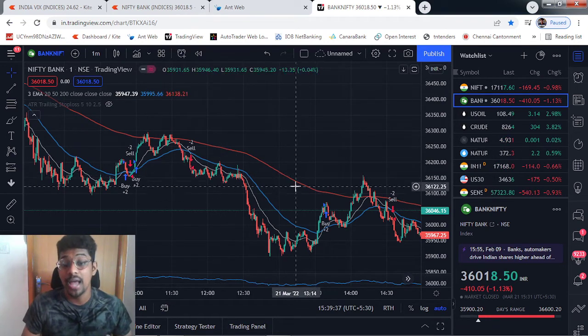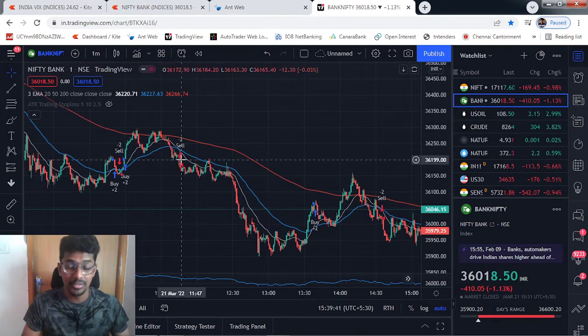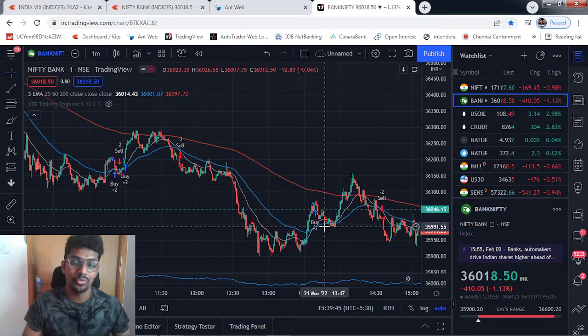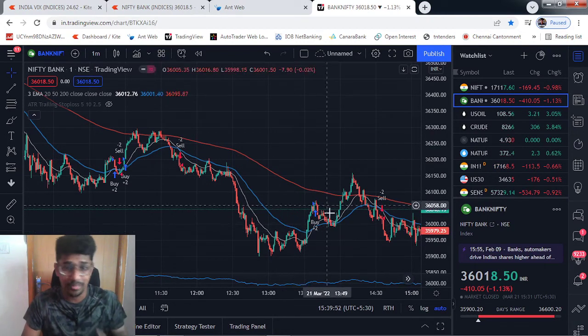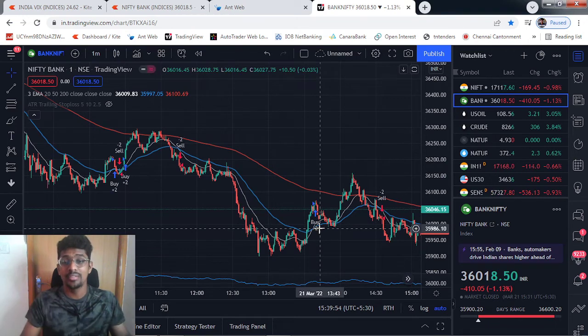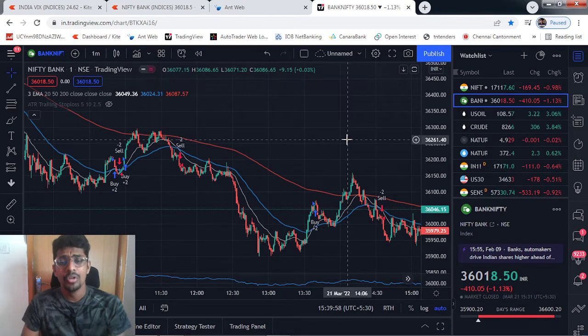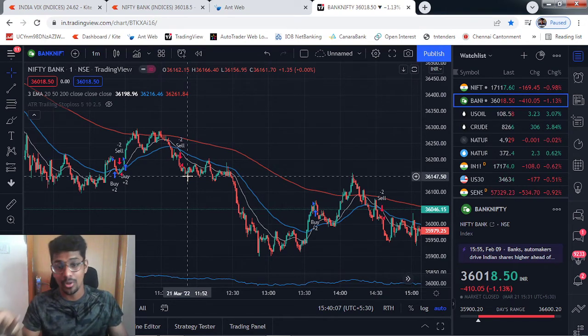But the exit policy should be very strict. When you expect the signal to take an entry, you should respect the signal to exit as well. Otherwise you will lose big capital. For example, you sold, and then you don't respect the buy signal and you hold the sell trade, it can drastically grow like 1,000 points, you will never know. This is the biggest advantage of my setup. When I get a signal, I play with it. When I get an opposite signal, I close it and wait for another opportunity.